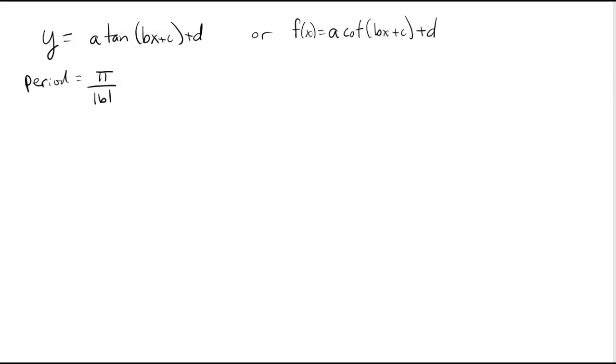Now, the question was, why are some of the asymptotes at pi over 2 or negative pi over 2 or 0, pi, things like that? If we think back, tangent of theta is equal to y over x, and cotangent of theta is x over y. So again, they're reciprocals of each other. When I have a unit circle and I have my points, 1, 0, 0, 1, negative 1, 0, and finally down here 0, negative 1,